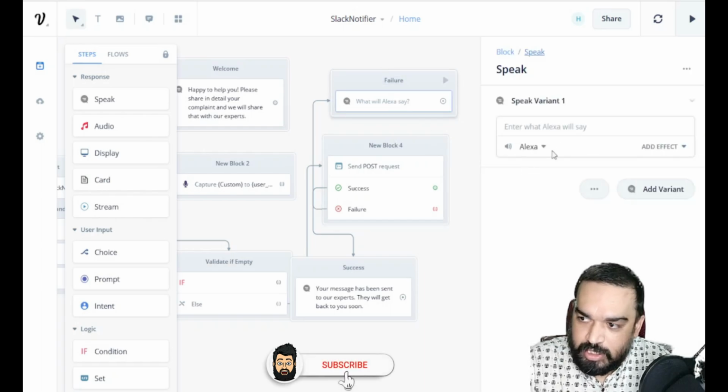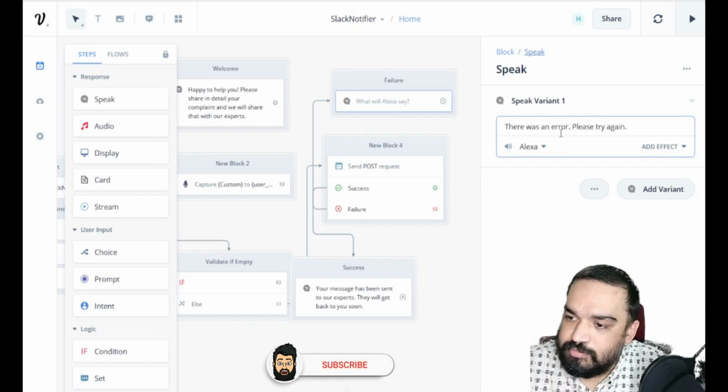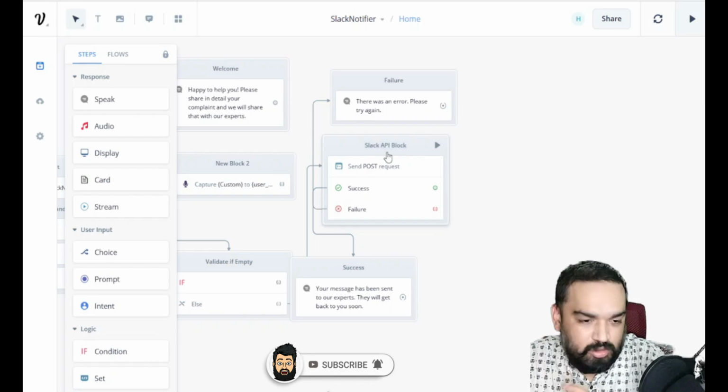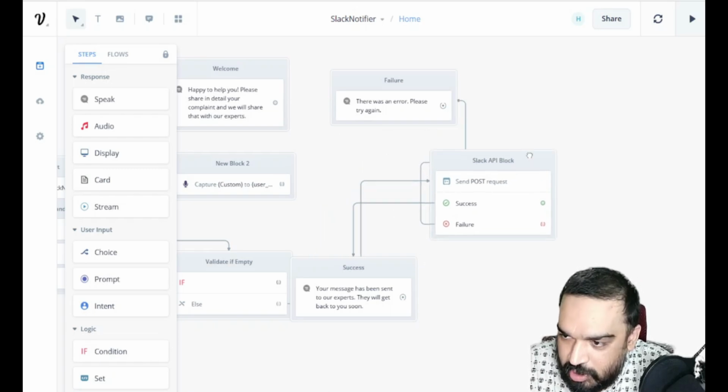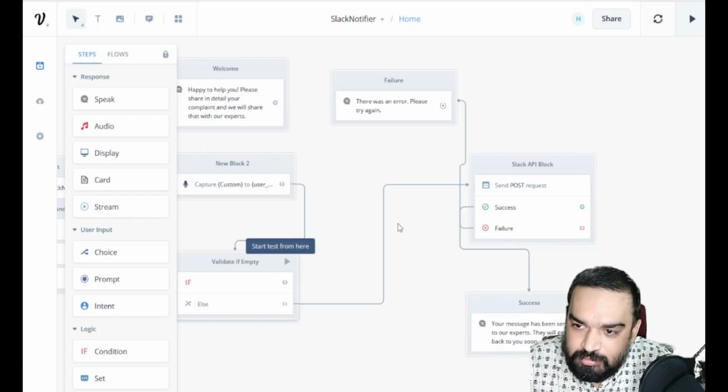So here it will say there was an error, please try again. Failure has been linked. This is the Slack API block. Always remember to name these blocks so that if you're building a complex skill, you know which block means what. So yep, that's it.